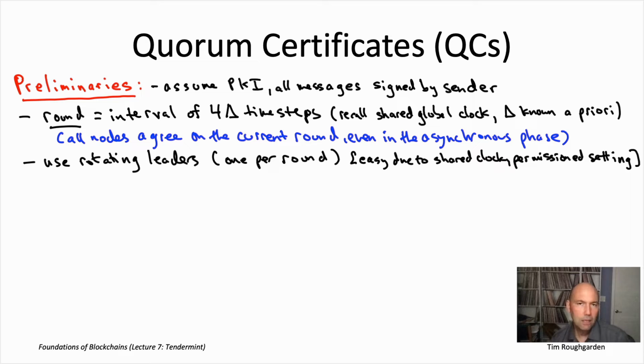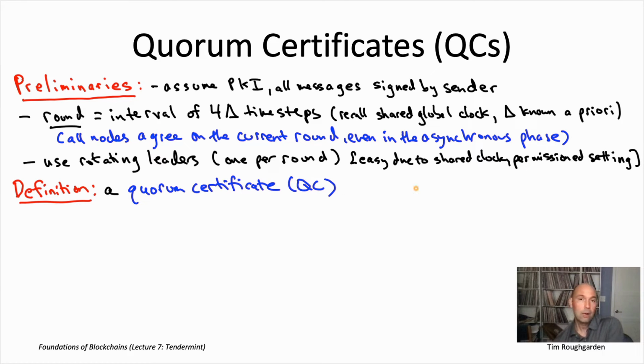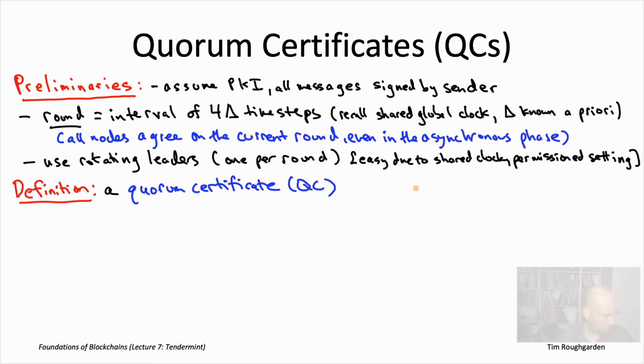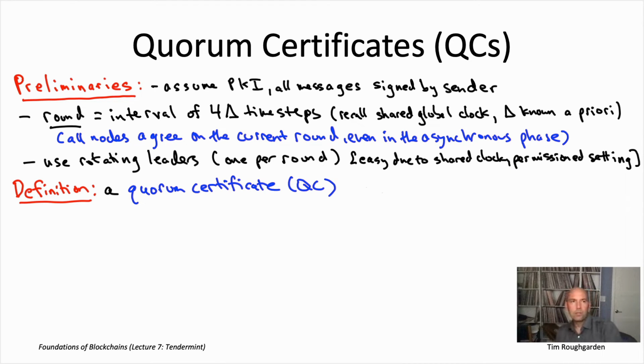And now we come to an important definition. We're going to define what we're going to call a quorum certificate, or a QC for short. So what's a quorum certificate? Well, remember, we already know that there are going to be leaders proposing blocks, and then we know there's going to be voting, so we're going to have nodes voting on blocks. So a quorum certificate collects a supermajority worth of votes for one particular block in some particular round. By supermajority, I mean of the n nodes in the system, strictly more than 2/3 of those nodes should be represented in this collection of votes.